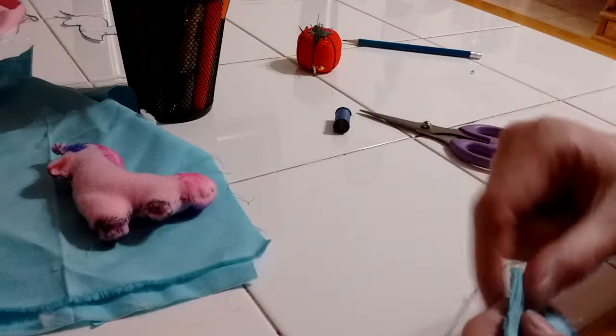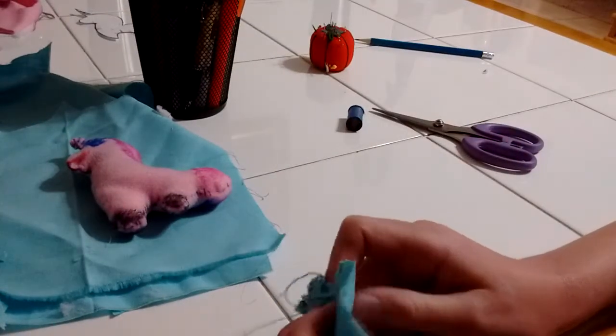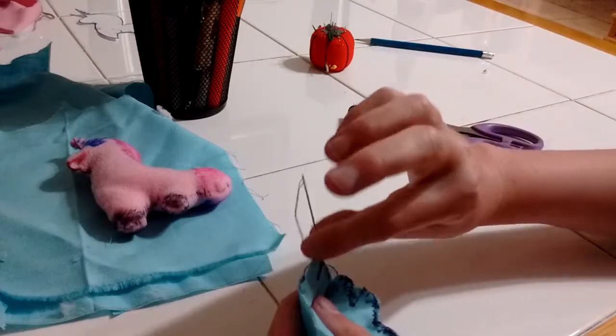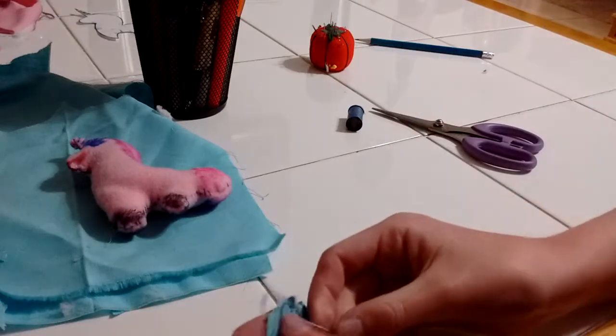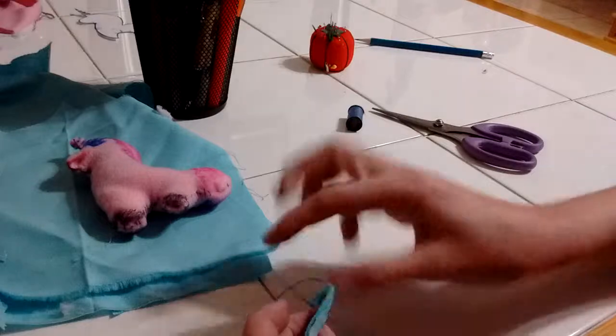I have a feeling these feet are not going to come out very good when I'm stuffing it, because they have to be turned inside out. And yeah, you know, I think this piece of thread is really going